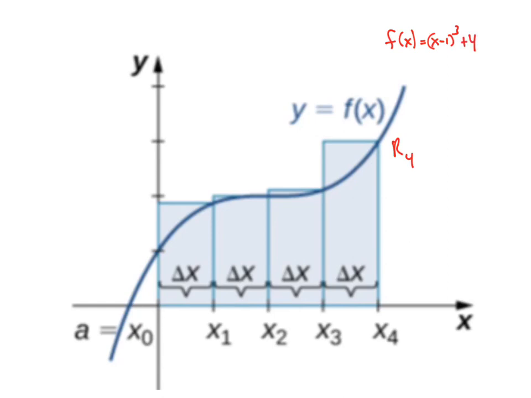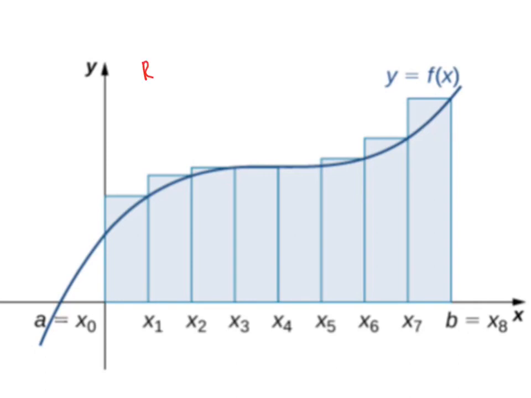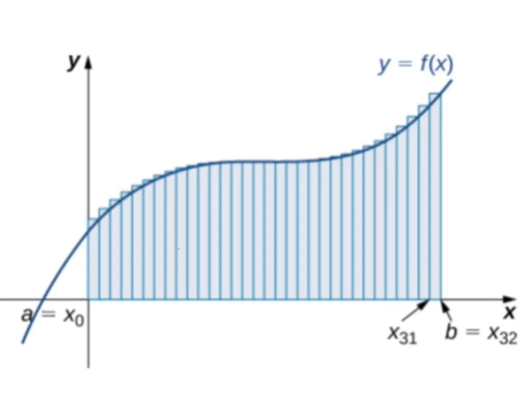Okay, so when we do this with 4 right-hand subintervals, we end up with an approximate area of 8.5. Here, when we have 8 right-hand subintervals, we end up with an area of 8.25. And then lastly, when we have 32 right-hand intervals, we end up with an area of